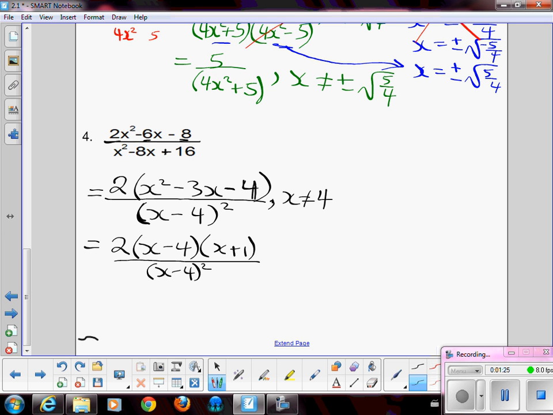Now, you don't have to put the restrictions again for each line. As long as we put them once, it carries down until we're doing the last part. So now I'm looking for anything that is in common between our numerator and denominator. And you can see that if I'm going to cancel out brackets, the brackets have to be identical. So this x minus 4 is exactly the same as this one down here. So I'm left with just a 1 here. So I'm almost finished. We just write down now 2 bracket x plus 1, x minus 4, and x cannot